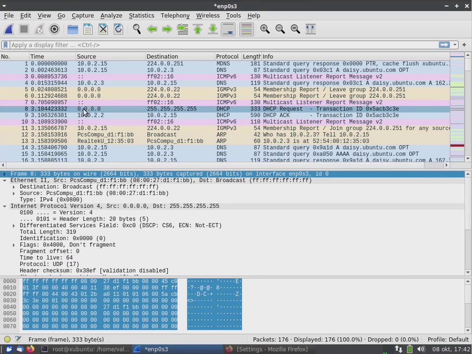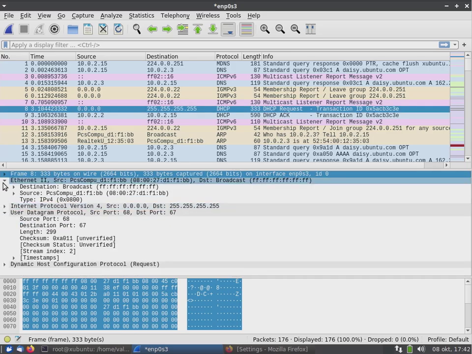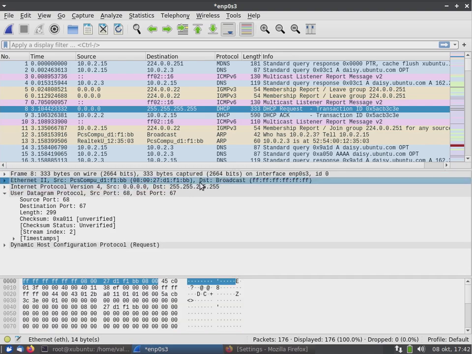So what it sends, it says source, and here we see this regarding the IP protocol, but let's look in detail at Ethernet. When we look at Ethernet, we see that it created an Ethernet frame and sent it.